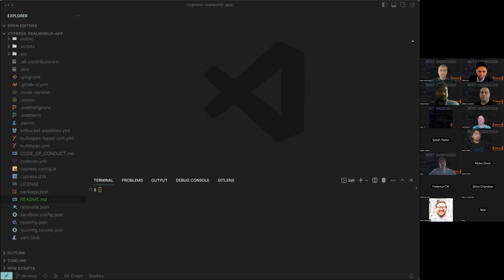Right. So first thing you want to do is copy the code that Vidal shared with you for the repository for the application. You want to do git clone. Let me just get out of this directory first. CD.